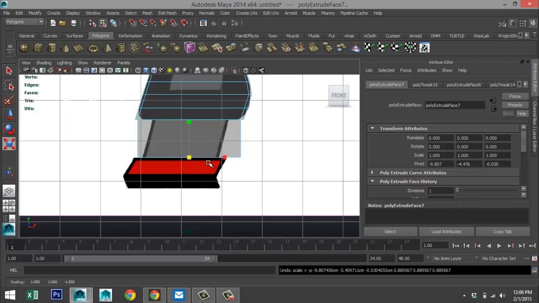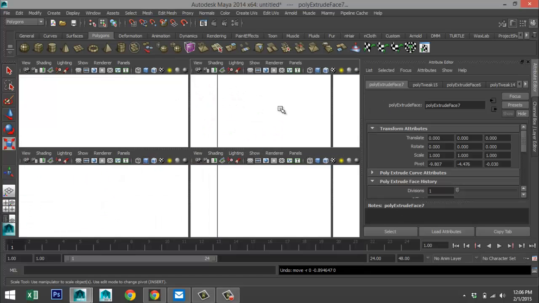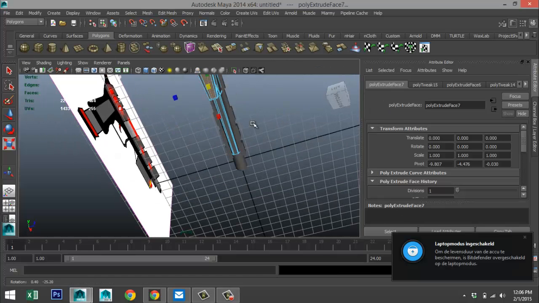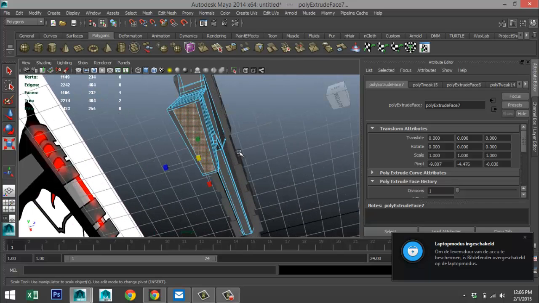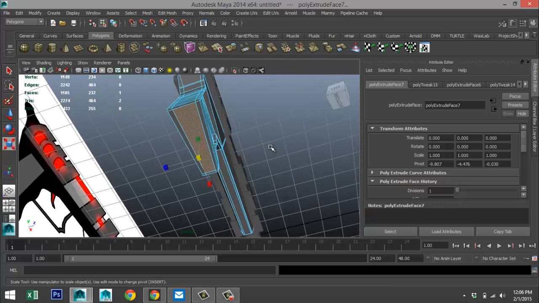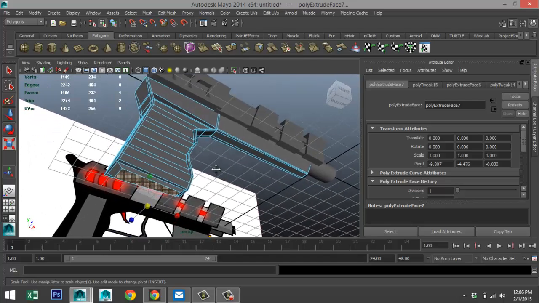Let me think. Actually, we're not going to do that with an extrusion. What we'll do is, let me think. Now what I'll do is I will scale it in like that.